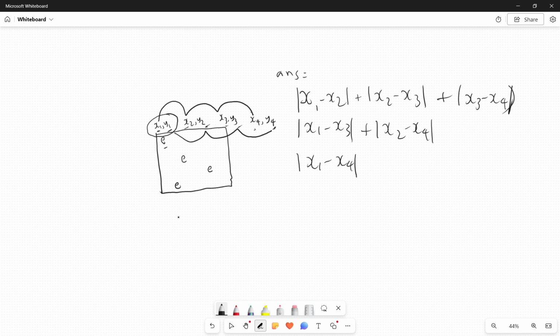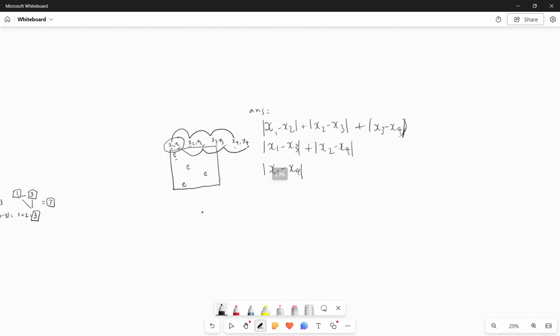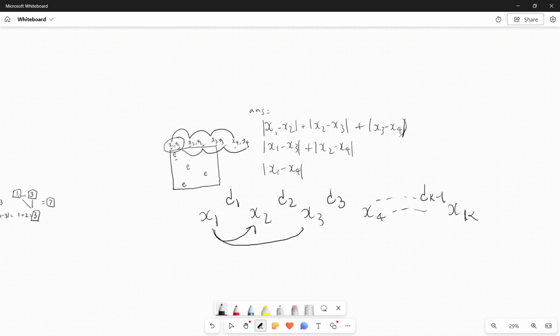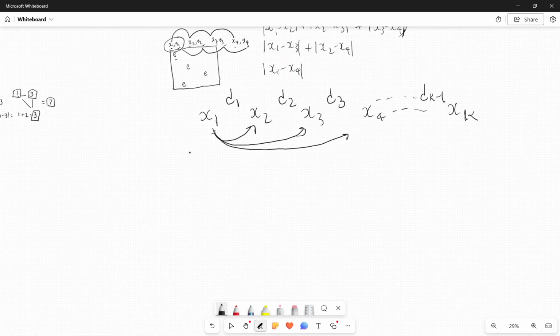Okay, so to do that, suppose I have this x1 coordinate here, x2 coordinate, x3 and x4, and so on up to xk, where I am taking all of these in sorted order, sorted in increasing order. Suppose the distance between x1 and x2 is d1, x2 and x3 is d2, x3 and x4 is d3, and so on up to the last distance, d k minus 1. So when I am going from x1 to x2 and then x1 to x3 and so on up to all the xi's possible, what I am doing is that I am counting this